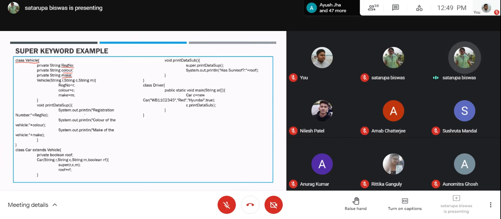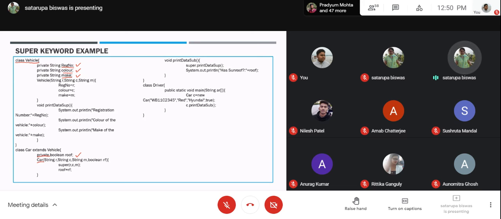If you make a special type of vehicle, that is the Car, say, it adds one more variable here, that is the Boolean roof, whether it has a sunroof or not, true or false. Then we have the constructor here, which is accepting values. So inside the Car class's object, how many variables are you going to have? 1, 2, 3, and 4. The first 3 are string type, and the fourth one is Boolean type. So you have to pass the values accordingly.